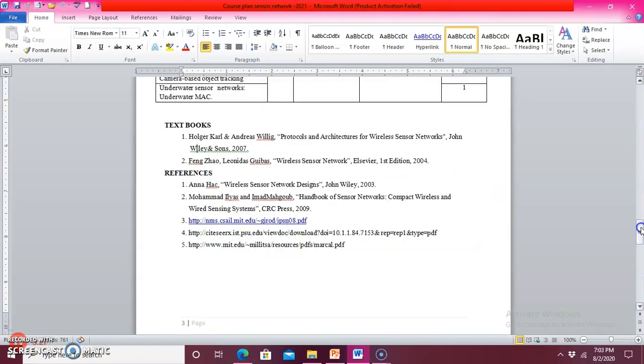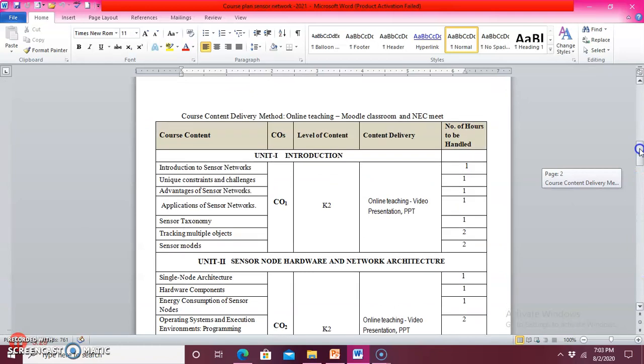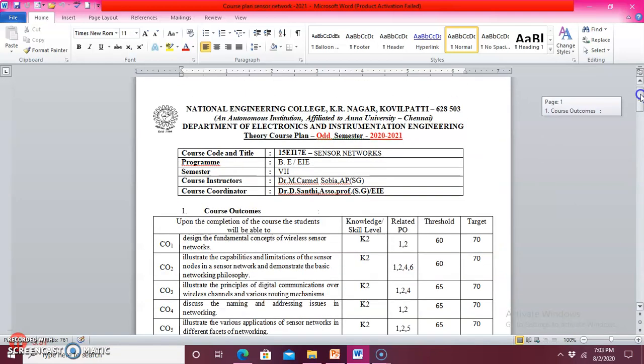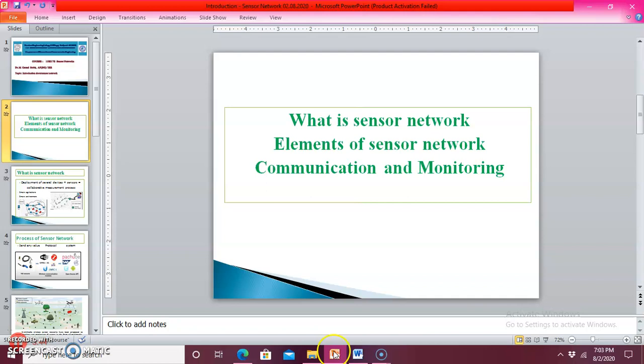Based on that we are going to evaluate the performance evaluation of this particular paper. So this is what it is all about from the subject point of view. Now I am going to explain how the sensor network works. I am going to teach about the introduction point of view. So in the introduction point,